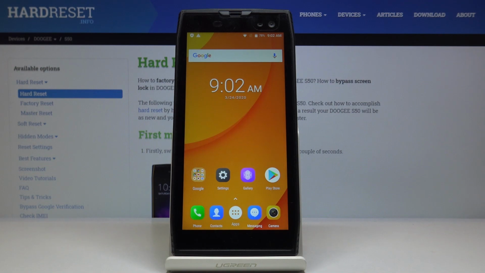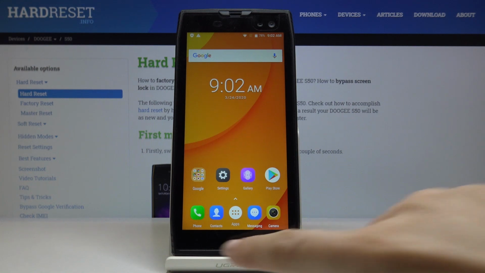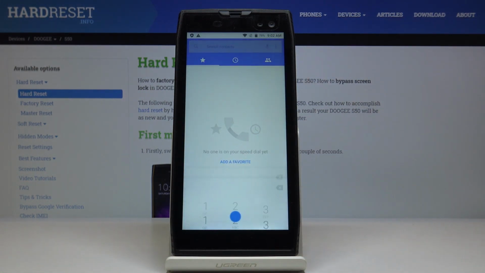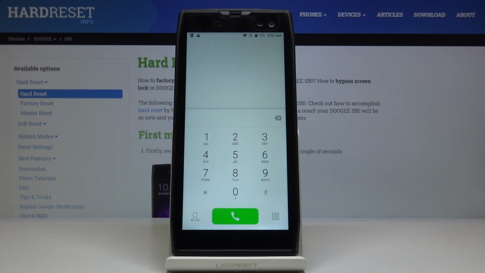Here we've got DOOGEE S50, and let me show you how to use all the secret codes on this device. So at first you have to open the phone dialer, and let's go to Keypad. Now we will start with the first code, which is *##